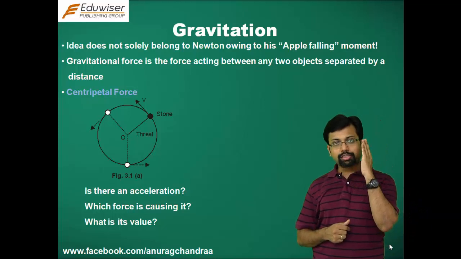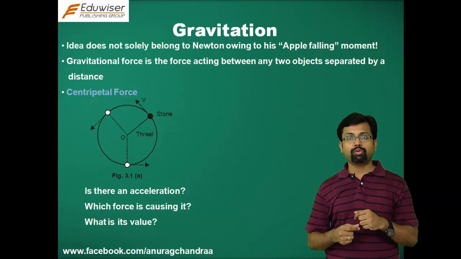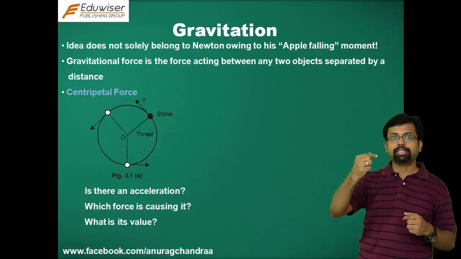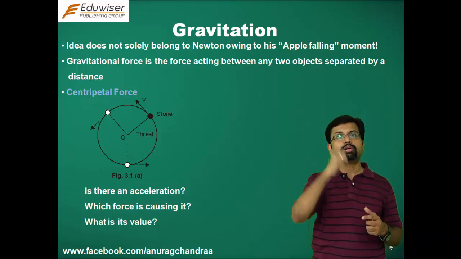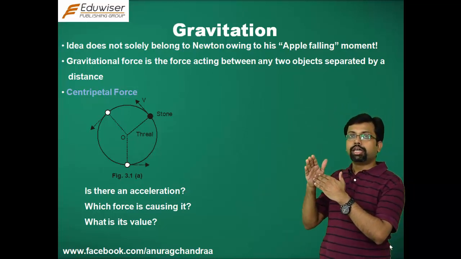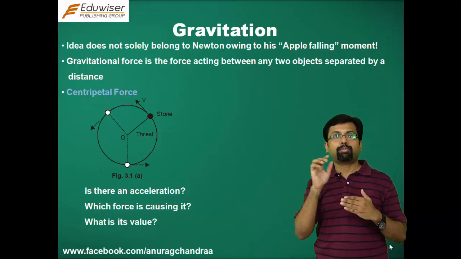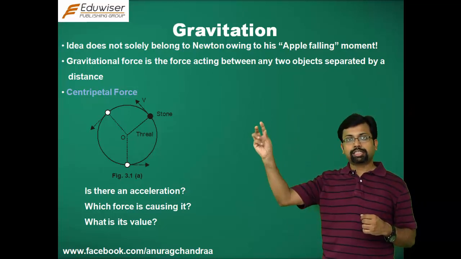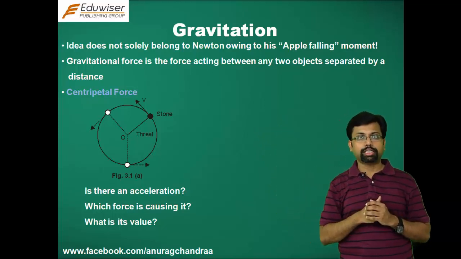Now, when there is a force that is acting, which is actually causing the acceleration, this particular force acts along the perpendicular direction towards the center of the point, or the central point from which the string is being whirled around. So, it is acting towards the center. The direction of velocity at all times is in the direction of the tangent at that point of the circle. So, when you are moving the stone around in a circle, at any instant, the direction of the tangent is the direction of velocity. That gives the direction of velocity.